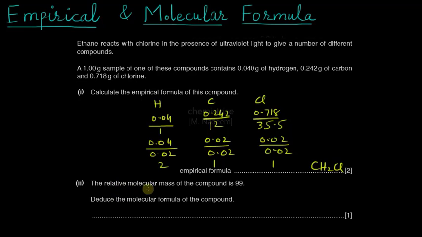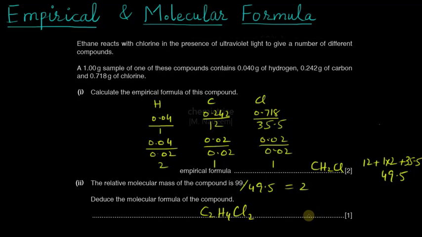Now this is saying the relative molecular mass of the compound is 99. Find the molecular formula. So we have to first of all find the empirical formula mass. That will be 12 plus 1 times 2 plus 35.5. So that is 49.5. So next is to divide this 99 with 49.5. So that will give you 2. So now we can multiply this empirical formula with 2 to get the molecular formula. So that will be